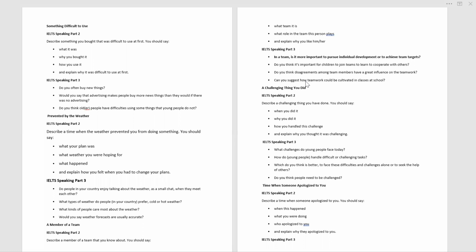All right, Sheetal. As per my suggestion, there are many ways teamwork could be cultivated in class at school, such as excursion and incursion. Also, they have sports activities during the term. In an incursion, people come from outside into the school, so students learn how to interact with other people.